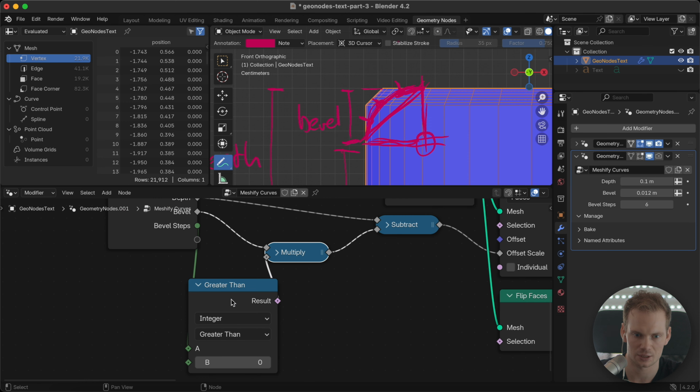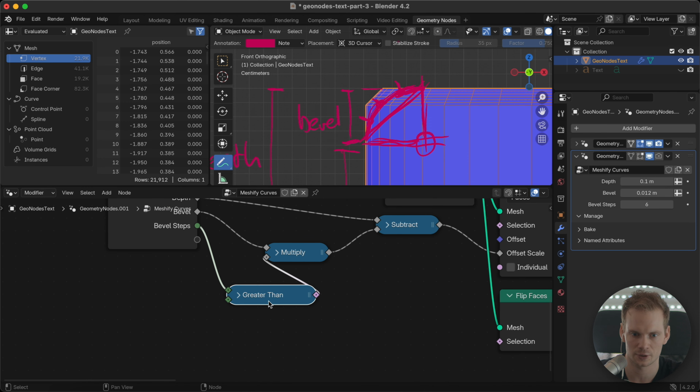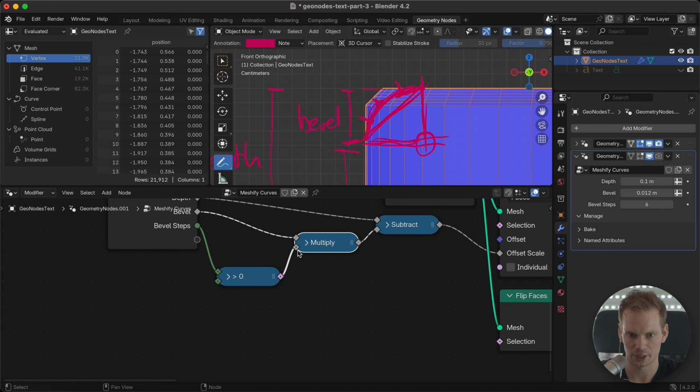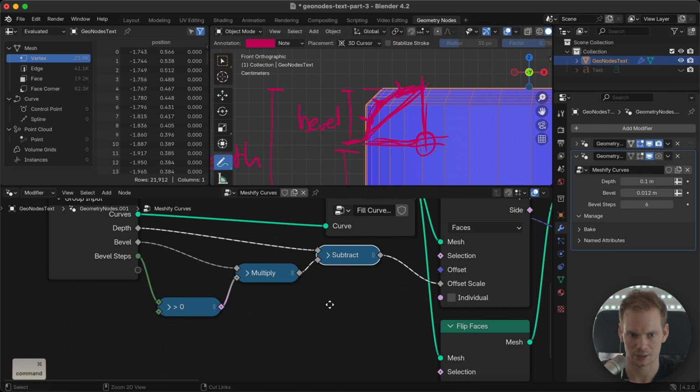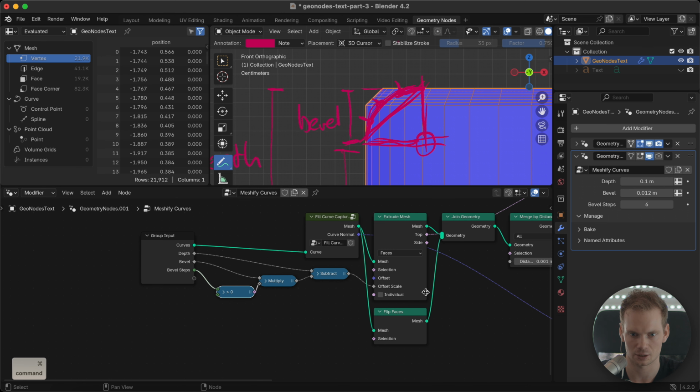So that fixes this. We can collapse this, but then I'm not sure what it's greater than. So if you want to do that, you could rename this with F2 to say greater than 0. Something like that, if that makes it clear for you. And then we multiply these two and we subtract. So that is pretty clear what happens there. And that fixes our initial issue.